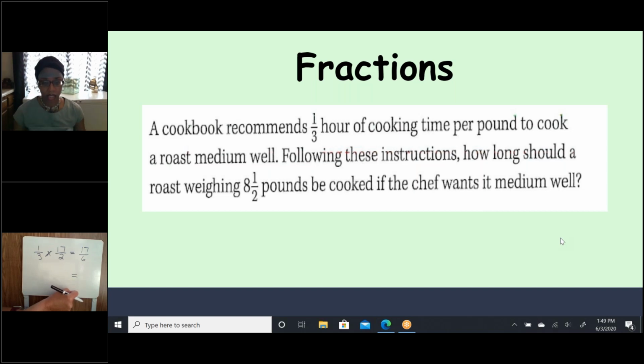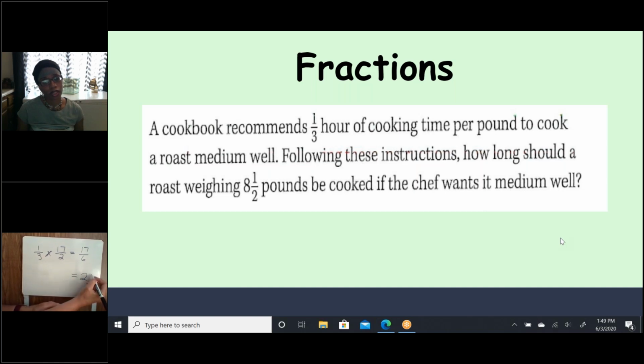Yeah, by dividing it, 6 goes into 17. Let me see, 6 times 3 is 18. So I would say 2, that's 12, 12 with a remainder of 5. Good. Over,